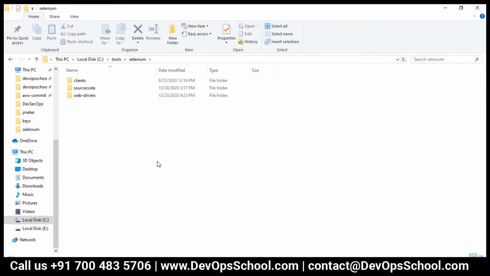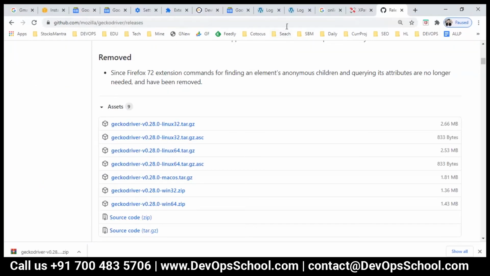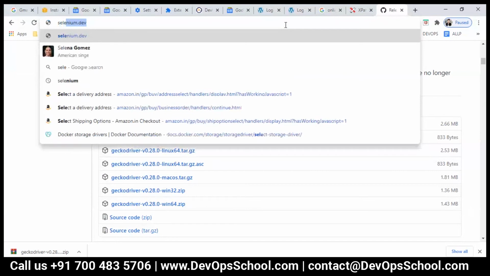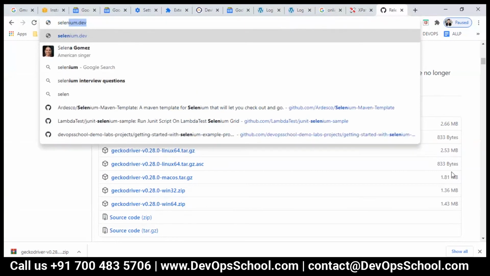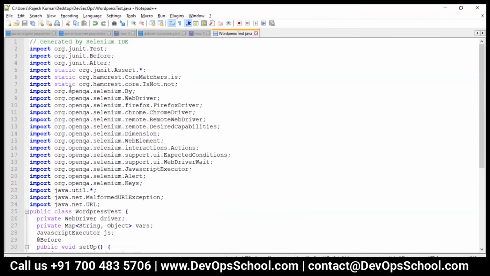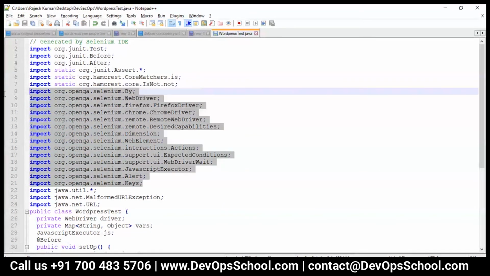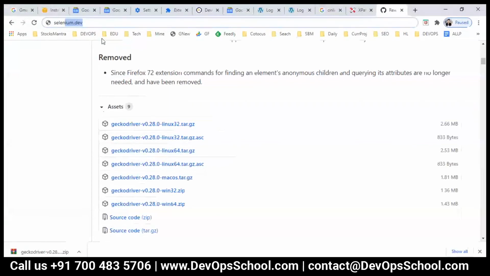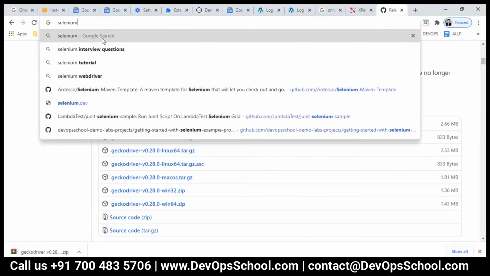Now you have to download the Selenium client libraries. How do I download this? From where will we get it? Client library, Selenium. Those are the jar files. Look at this code here. These are the jar files. See here, I'm just selecting it. All these things should be there. This is a class, right? You're calling a class, but those classes have to be loaded in your JVM, right? So from where do we get it? So Selenium, I'll go for it and download.